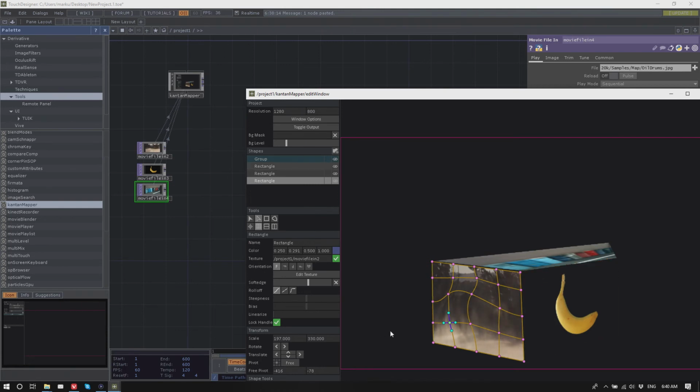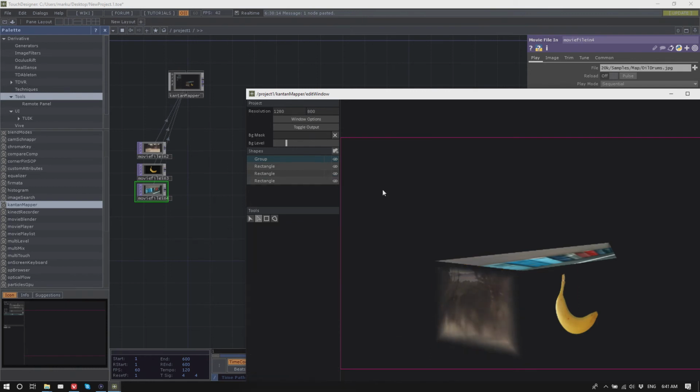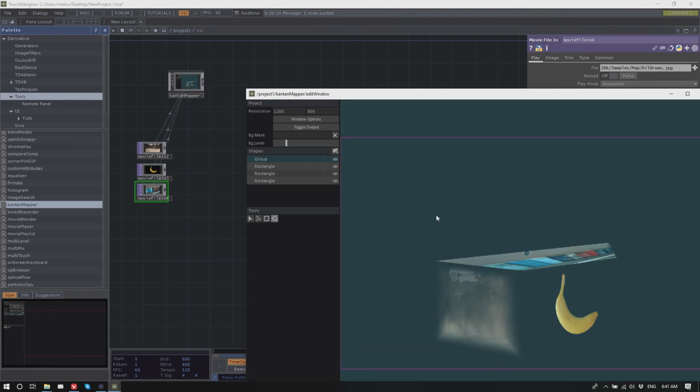And you have things like, you can soft edge the whole thing, and have control over how this soft edge should look. And once you're done with that, you also have the option to do irregular shapes with the freeform tool here that I showed to you earlier.